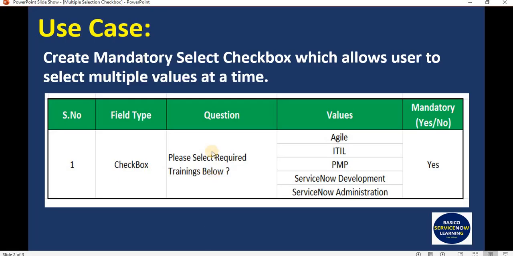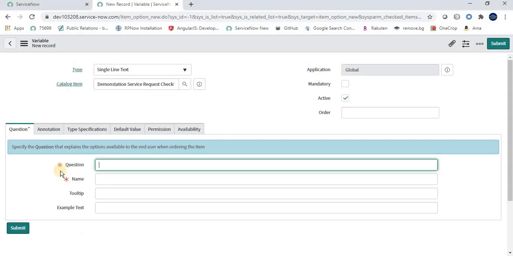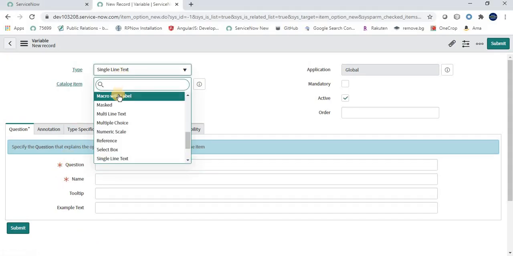So in the requirement we have a question and then we have 5 checkboxes. So here is the catch: for the question we have to create a label, and for the values we have to create checkboxes. Okay, so for the question please select required training below, we have to create a label. So go here and select label.